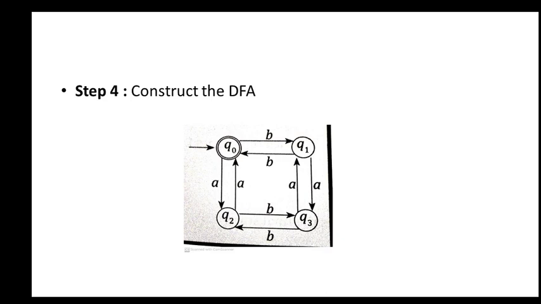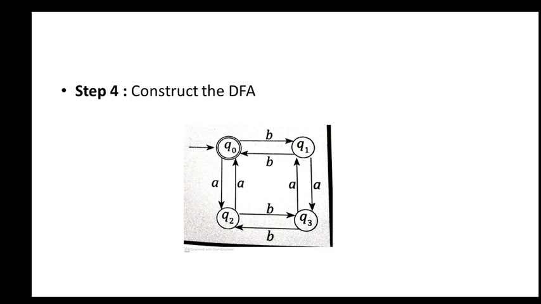Transition from Q2 on B is going to Q3. And the transition from Q3 on A is going to Q1. The transition from Q3 on B is going to Q2. How will the strings be accepted? For example, ABAB, how is it accepted? A, B, A, B. It is accepting, correct.